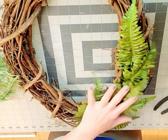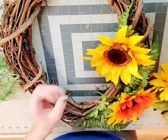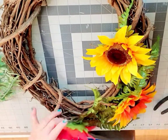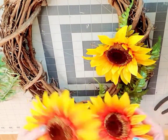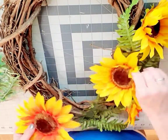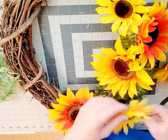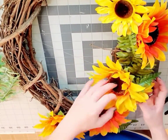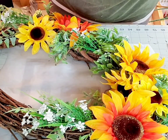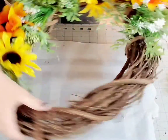Then I move on to deciding where I want to put the flowers, because if I decide where I want the flowers, then I know where to tuck in the wildflowers and the eucalyptus or whatever greenery I want to put on. So I shuffle them around all over the place, trying to also think about where I may want a bow. So I put the big ones down first,